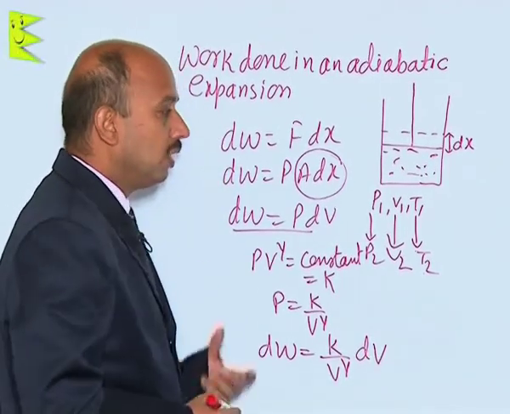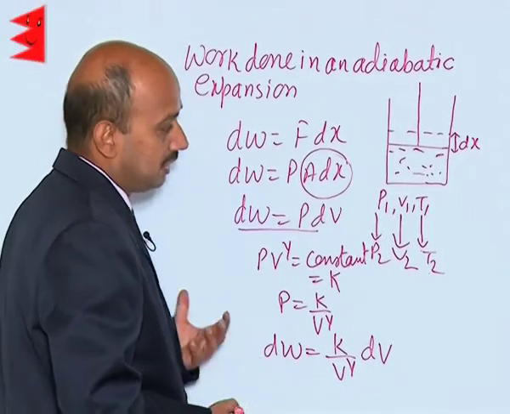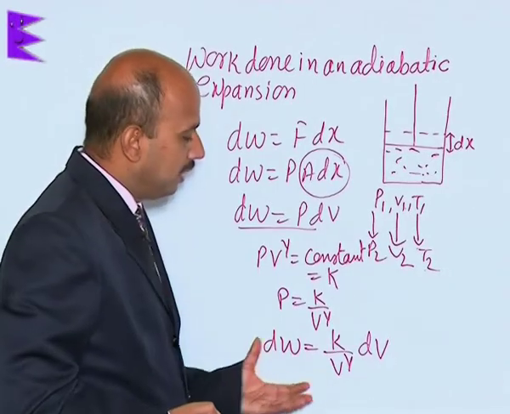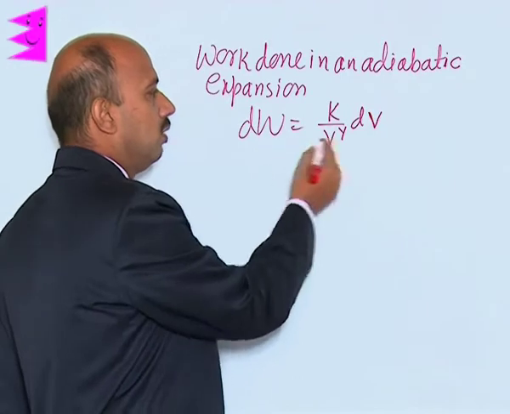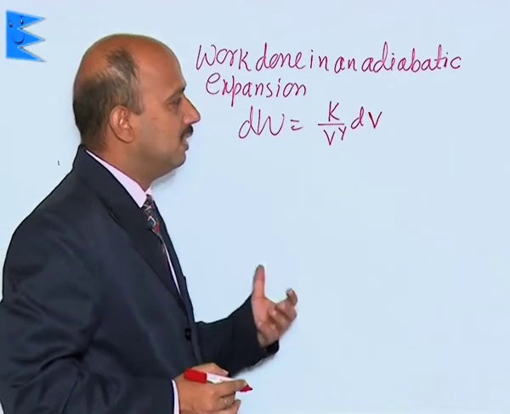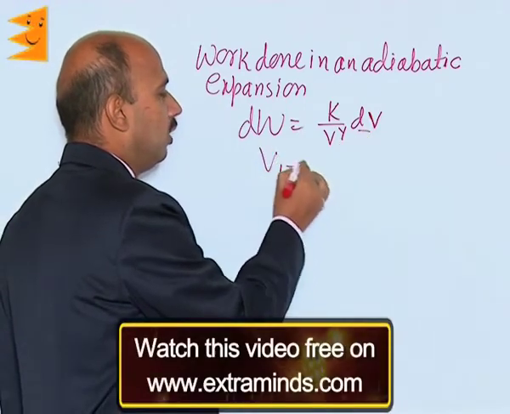Now, if you want to get the total work done in changing the volume from V1 to V2, we have to integrate it. So, now see, this is the work done for displacing the piston by a small distance, that means for changing the volume by dV. Now, the total work done in changing the volume V1 to V2,